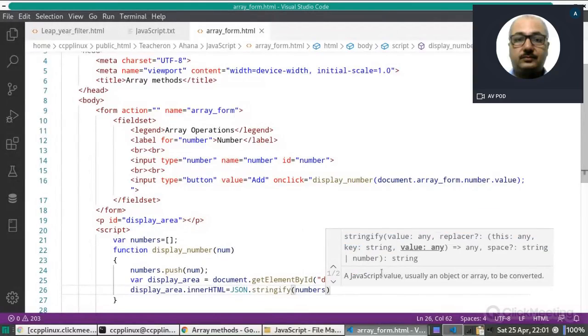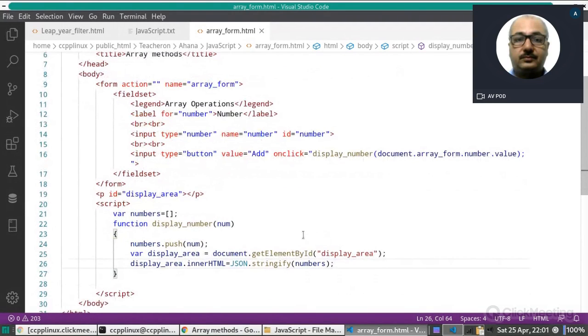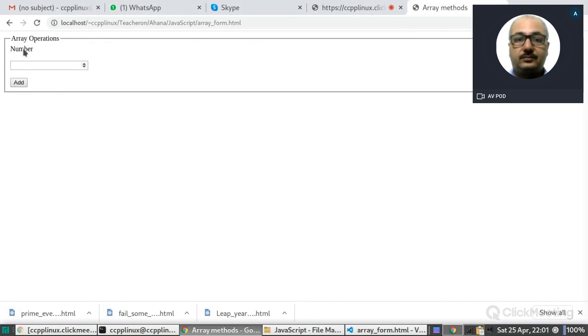Let me check whether it is working or not. Okay, so this is our form. Further, we can check if it is empty, then that function should not be called, or something like this. So suppose we are entering 2 here. So this 2 is here. Now if I enter 4 here, 2 and 4 are here, since it is carrying the previous value. Do you understand? It is carrying the previous value. This is important. It is increasing.